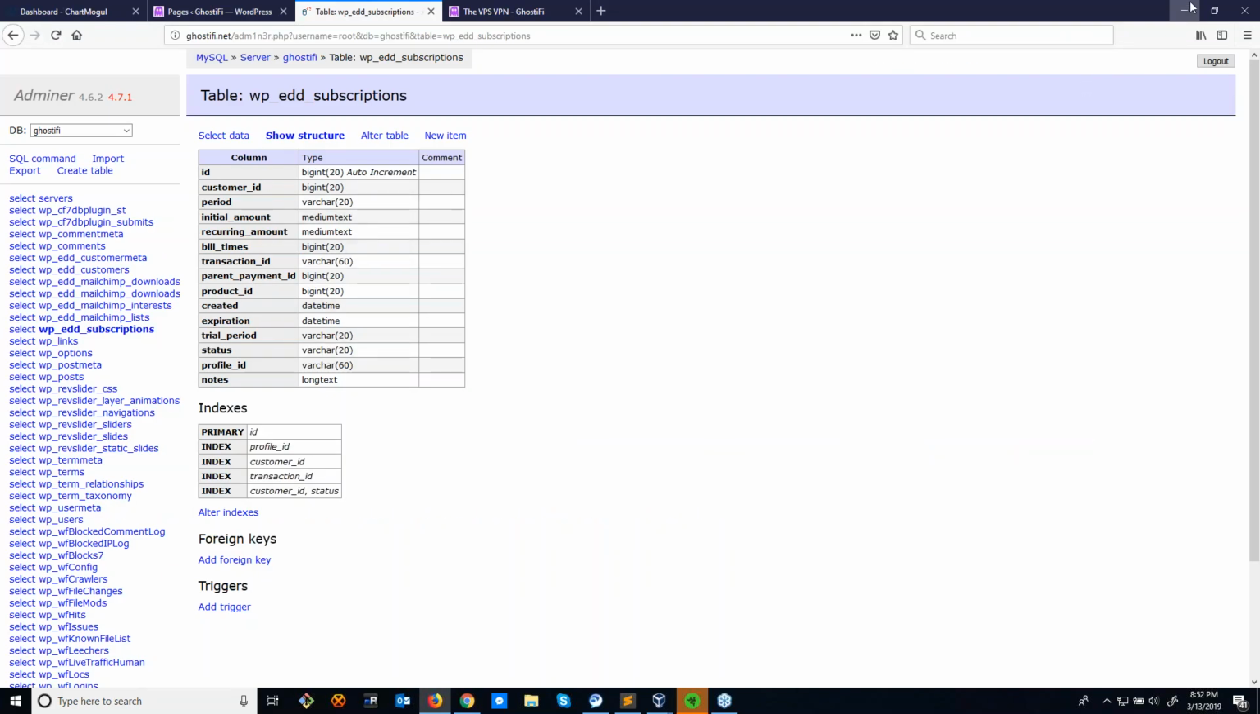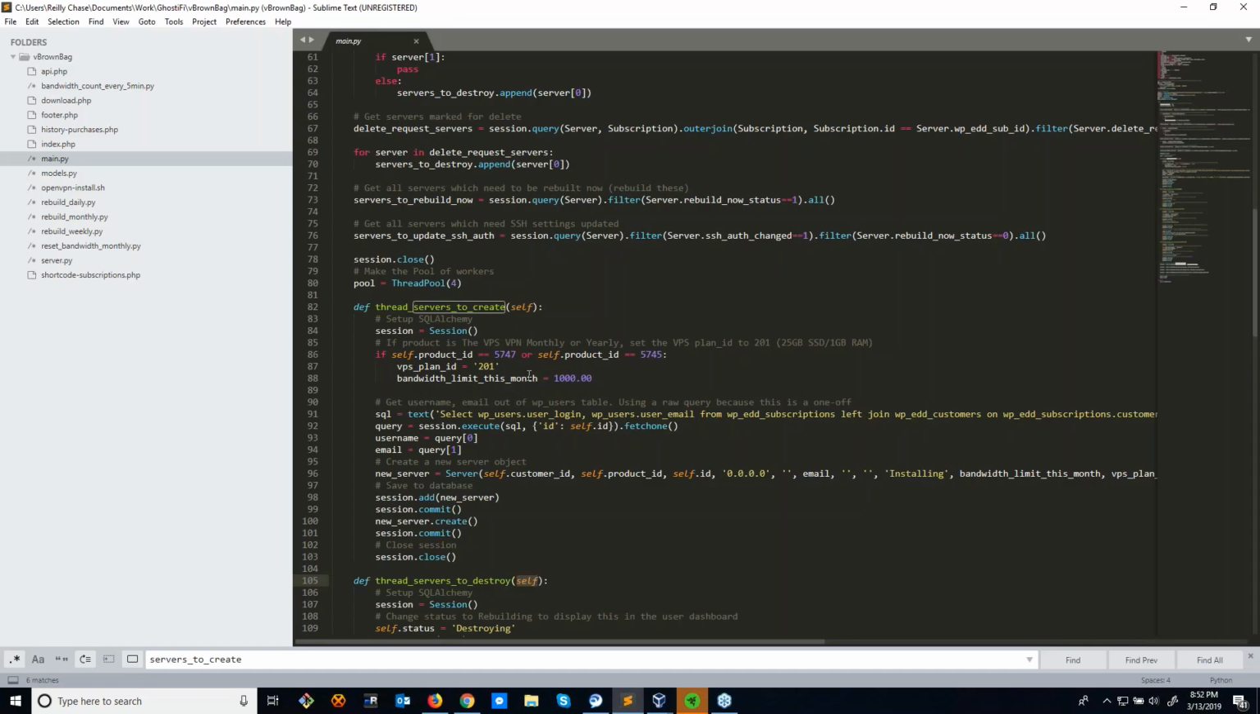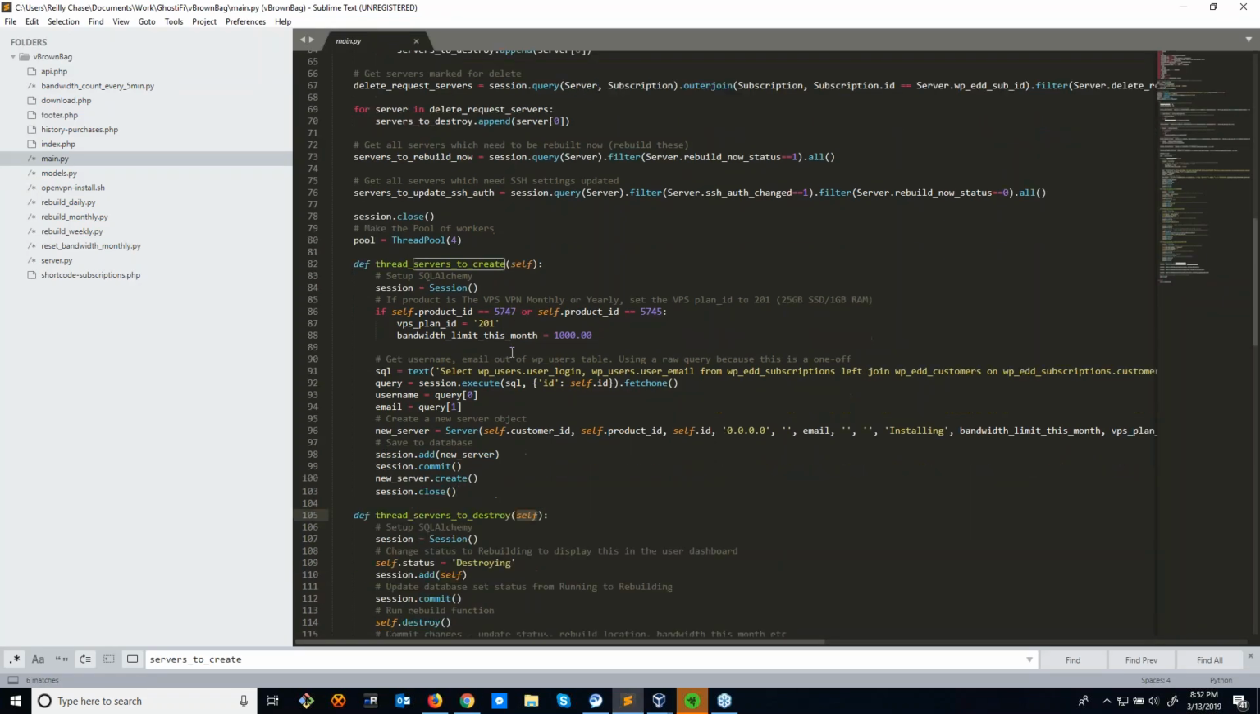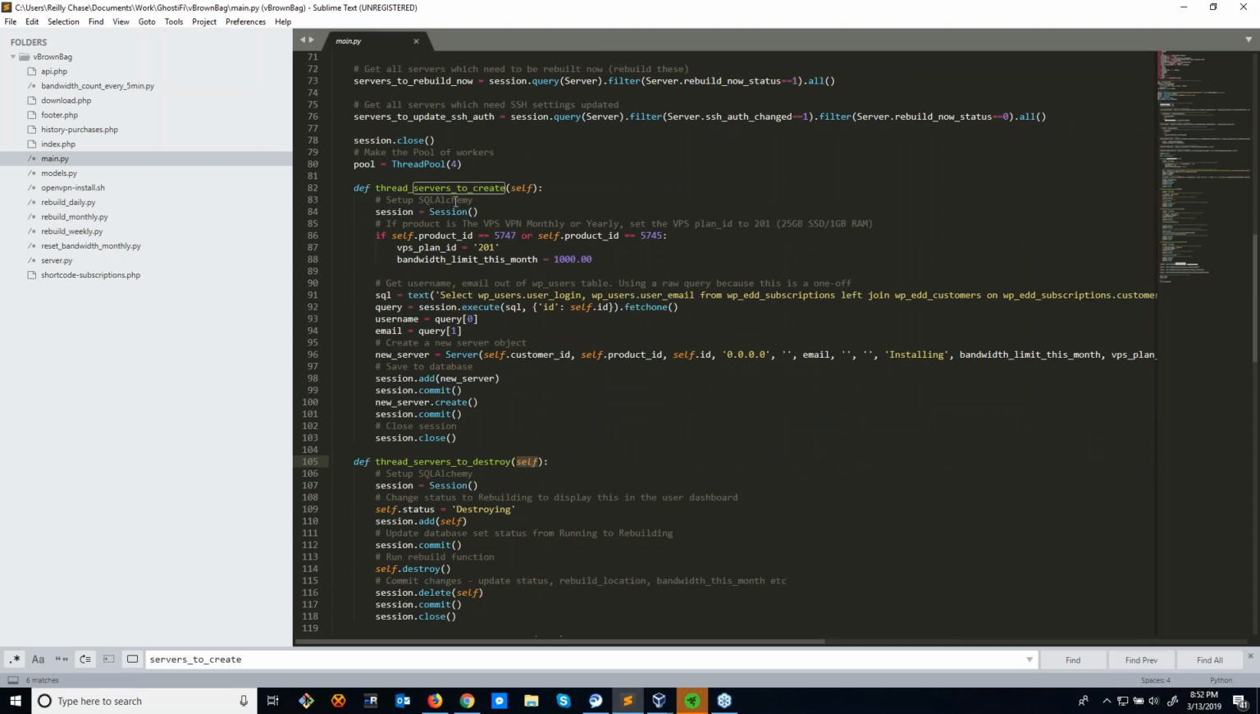So it's passing this data right here to thread servers to create, and thread servers to create is going to create a server. So the main function that's going on here is it's getting the username and email address out of the user's table,